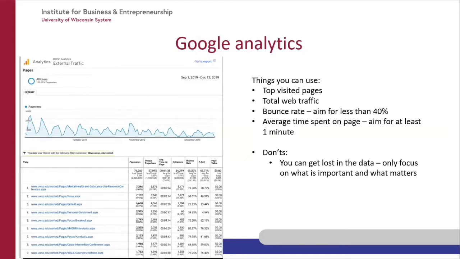This is the most basic report you can pull from Google Analytics. There are many, many more that you can pick, but this is the one that I wanted to focus on. And then really look at those 4 bullet points on the right-hand side to let you know where you should focus: your top visited pages, your total web traffic, your bounce rate, and your average time spent on page. This list here pulls up our 9 most visited pages between